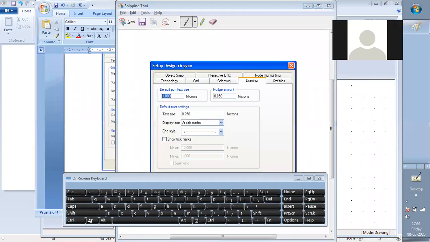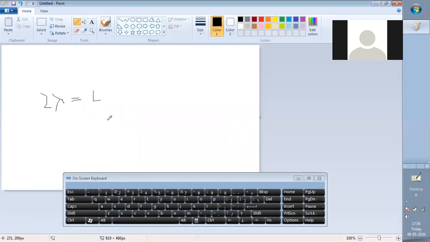Here 2 lambda is equal to the channel length, and in our technology, the 0.5 micrometer technology we are using, we use a channel length of 0.6.